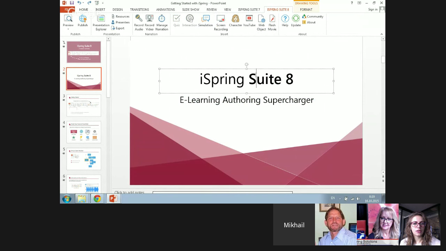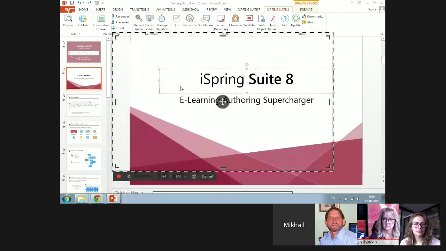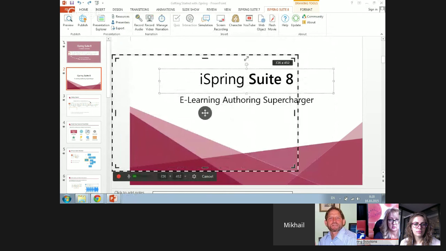So the new iSpring Suite also includes a screen recording tool, which is super useful if any of your courses include software simulations, or any other types of trainer videos where you can show how some system works right on your computer screen. Also, using this screen recording tool, you can record the entire screen or a part of it, or also